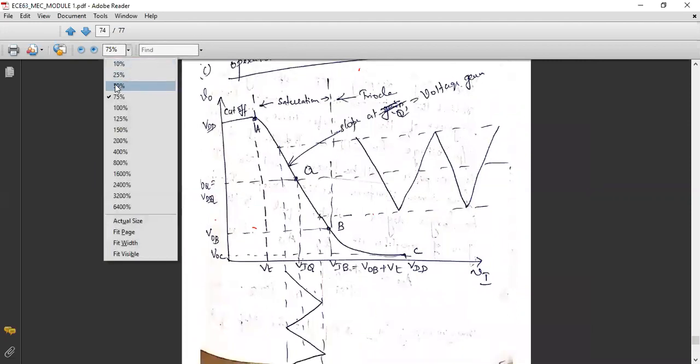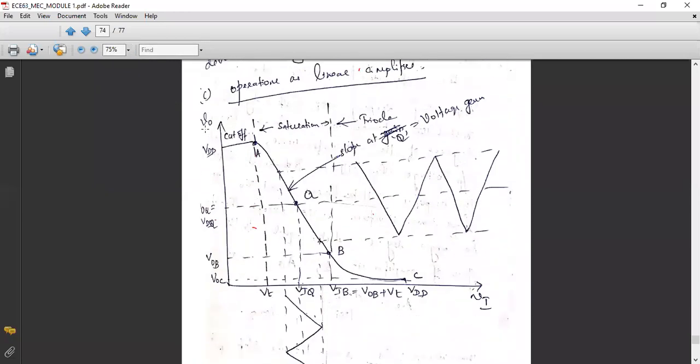Start drawing. On the x-axis you draw Vi, and on the y-axis V0. When indicating the voltage, I need a small letter v with a capital subscript. Here I have marked three regions: cutoff, saturation, and triode, out of which the saturation region is the most feasible region with regard to the MOSFET, so that I can operate this MOSFET as an amplifier. So in the midway of the saturation region I am fixing my Q point.